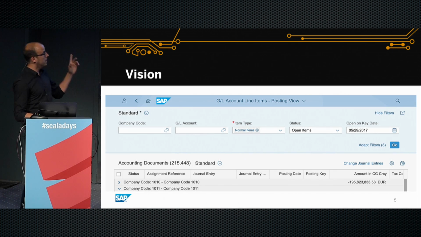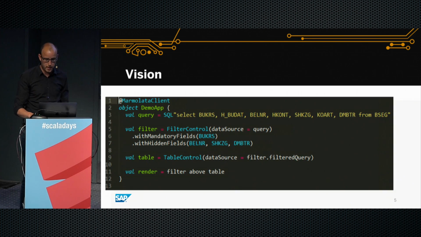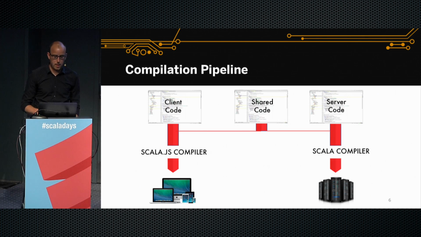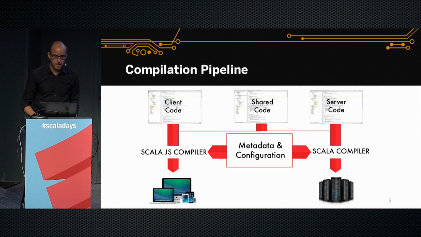Because if I go back to this thing, I see, for instance, that all the input fields have correct labels. It says company code here. And if I look at the table, there's also correct labels like posting date. If I look at my source code, I can't see them anywhere. This is because they are coming out of a metadata store. So SAP operates metadata stores of these 120,000 tables I mentioned earlier. They don't all store customer data. They store configuration, they store labels, they store information on what kind of value helps you would expect to show up if a customer types in a string into a specific search field, and all of these things. So we leverage those at